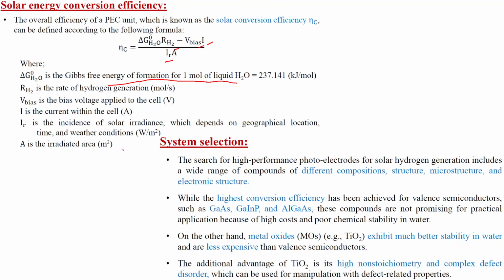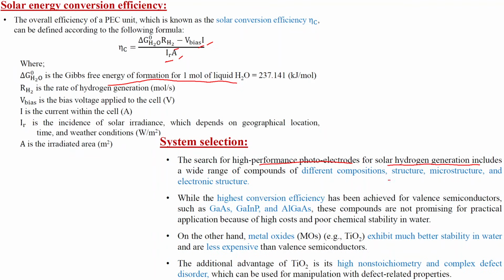the PEC. And then A is the irradiated area. Okay, so this is the formula for solar energy conversion efficiency. Now, system selection. The search for a high performance photoelectrode for solar hydrogen generation includes a wide range of compounds